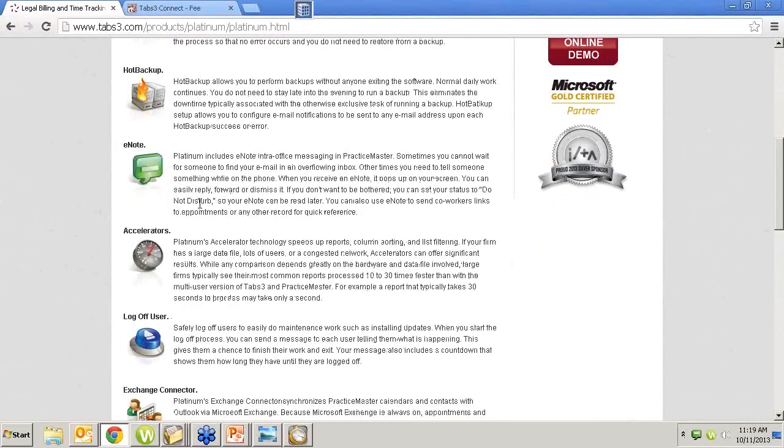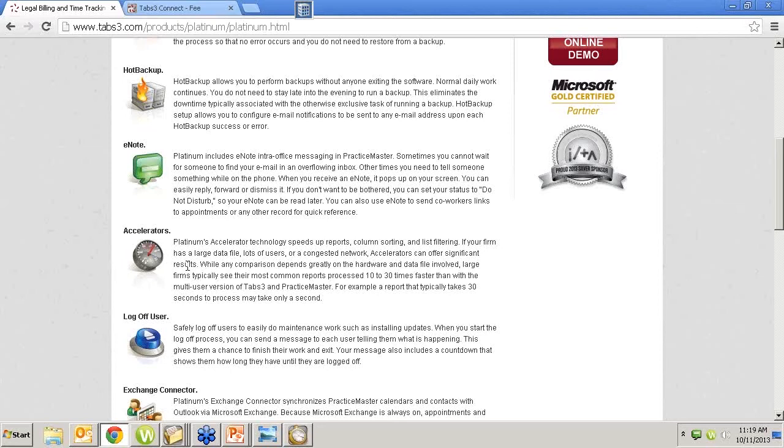Going back here, we have accelerators. What does that mean? Reports are faster. 30, 35 times. The highest I think I've seen is about 42 times faster. If you have a cash receipts report or receipt allocation report or whatever report it is that you're running in Tabs that has to sort through all that data in order to produce the desired results, and it's taking an hour or two to run, and we've seen this,